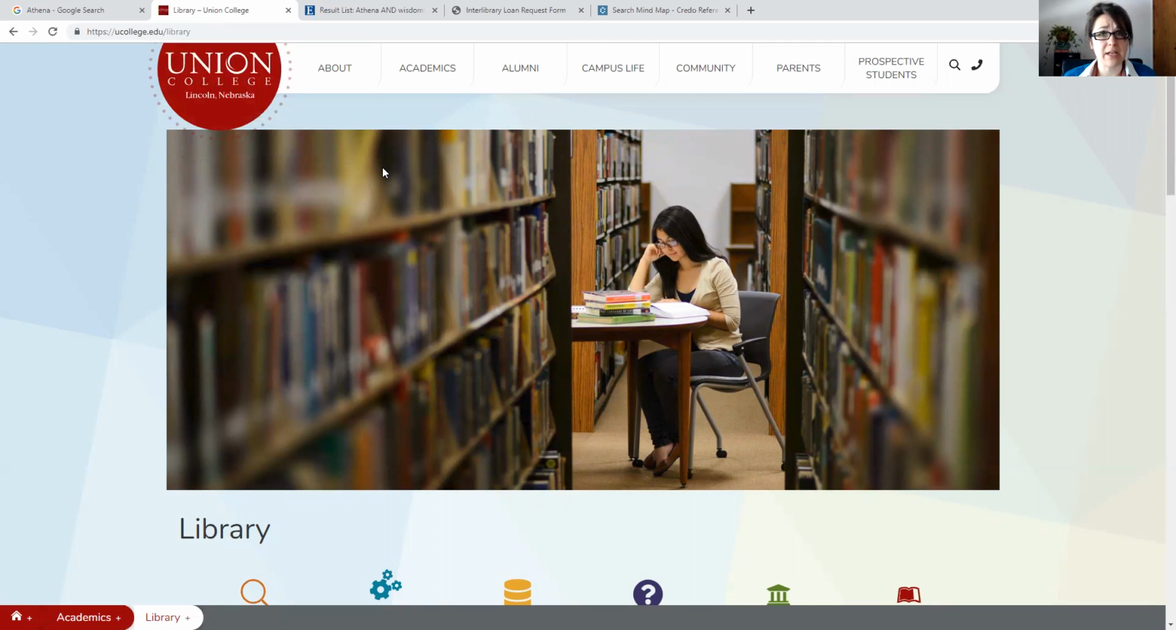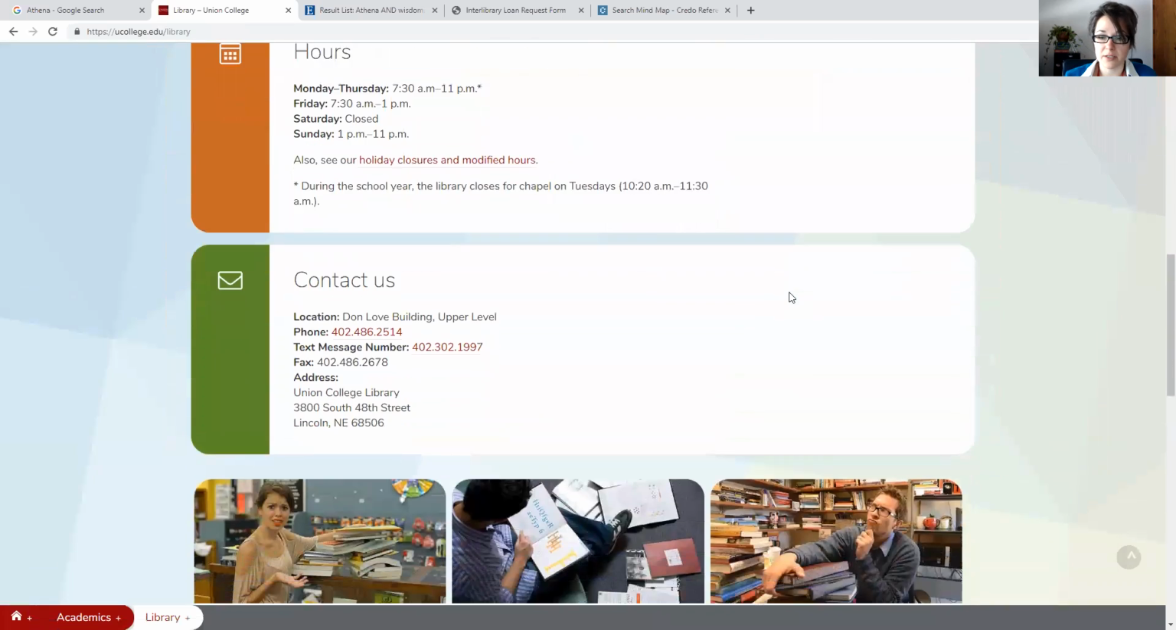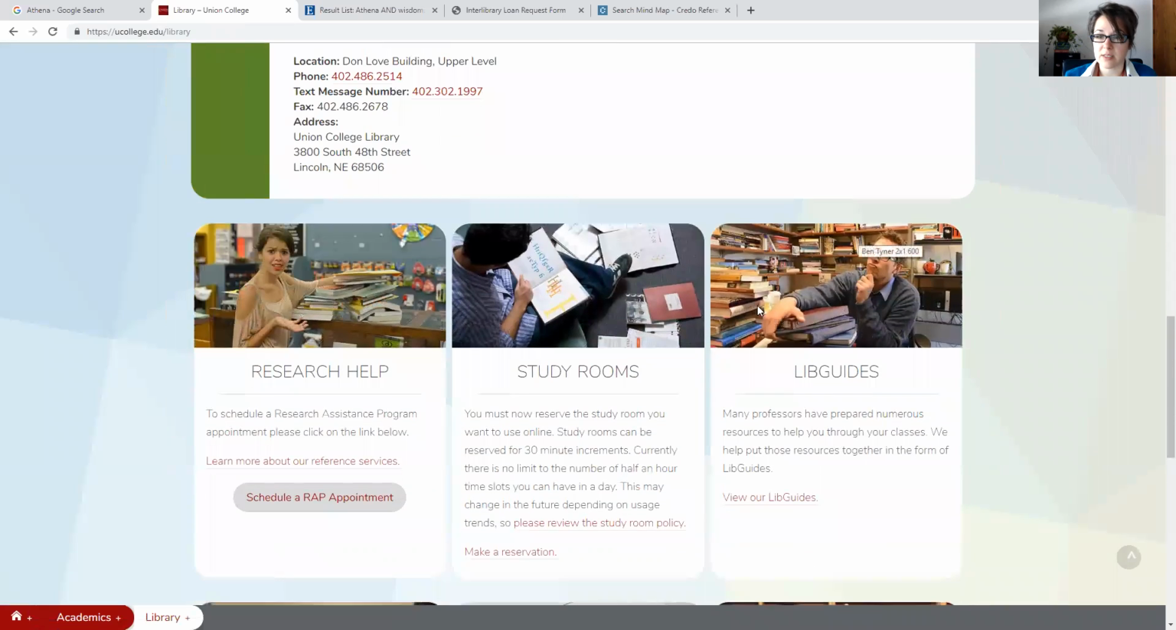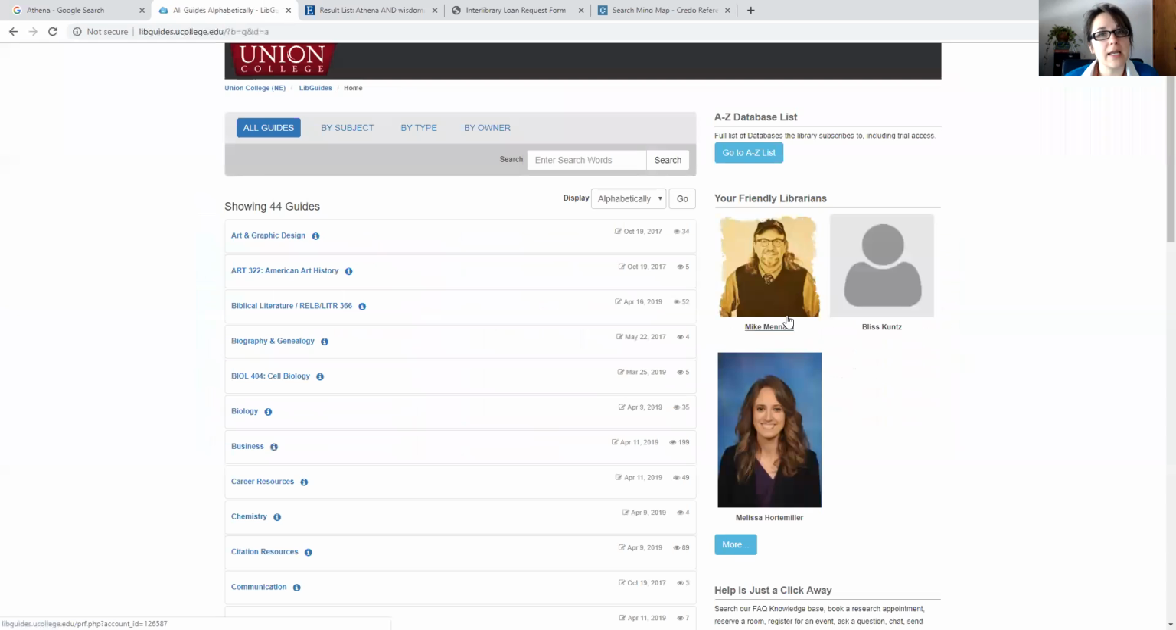I also want to point out to you, I'm going back to our library website. I wanted to point out another resource that might be helpful for you. So if you scroll down a little bit here on our library website for Union College, you'll see this LibGuides icon here. Now, a LibGuide is put together by our librarians, and they take the time to put together lots of different information on a particular topic. So you can see here we have art and graphic design,